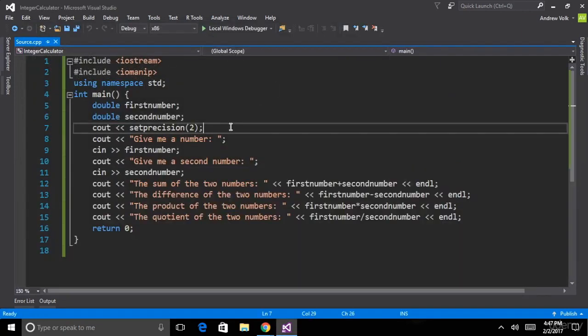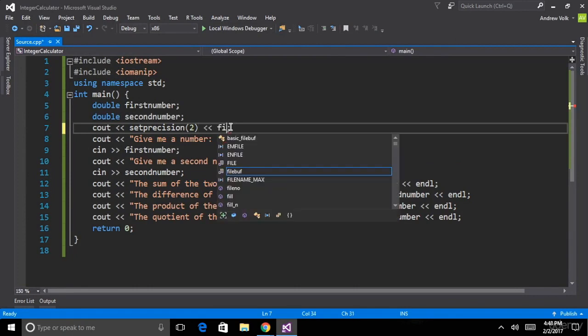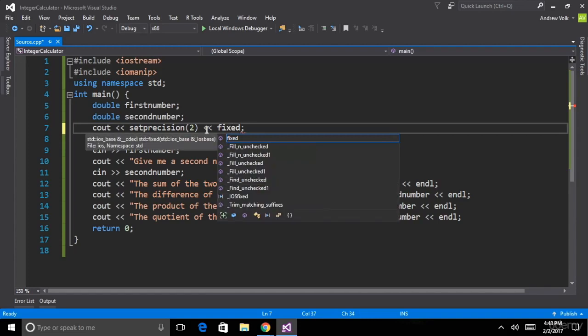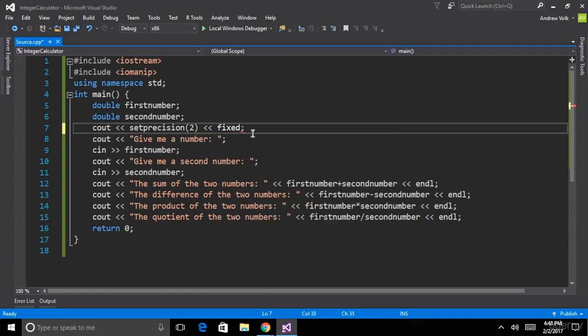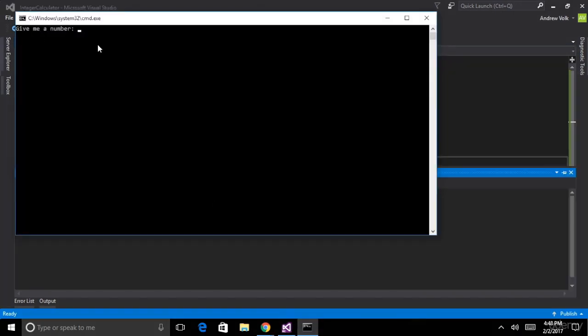Now, let's say you wanted it to always be a decimal. In other words, you want 2 decimal places, no matter what, even if it's a whole number. There is a way to do that. We can have the set precision to, and then we fix it. So set precision fixed. Now we see, give me a number. I'm going to do the 2 and the 3, and we see that all of them have decimals, even when